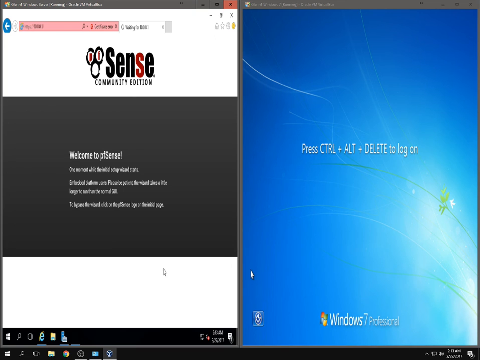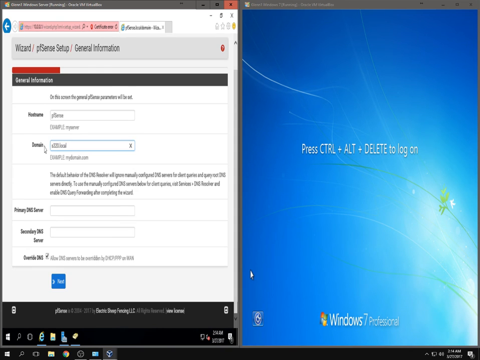So we can actually set our domain in here. Remember that domain from before, right? I can put CIS320.local right there. I should actually capitalize that because it was capitalized when I did it in Windows, so I'm going to capitalize that. We're going to set the DNS server to be 10.0.0.10. That is our server on the